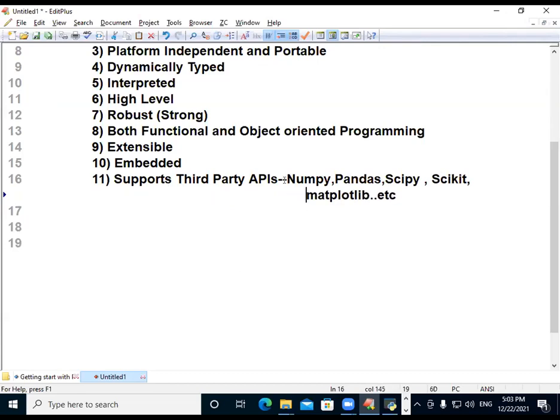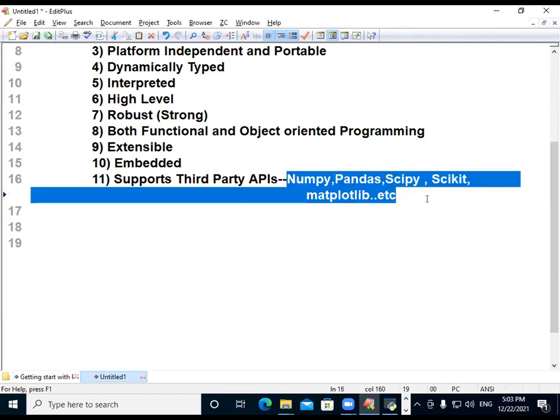How to use third-party libraries in Python programming, sir? I'm going to use it. Sir, what is the use of this thing? Because of these things, what extra advantages are coming? Yesterday only I told you. Some equations are given: x plus y is equal to 3, 2x plus 3y is equal to 4. How to find the x and y values? With the traditional programming, you cannot do it easily. I can do it more easily by using